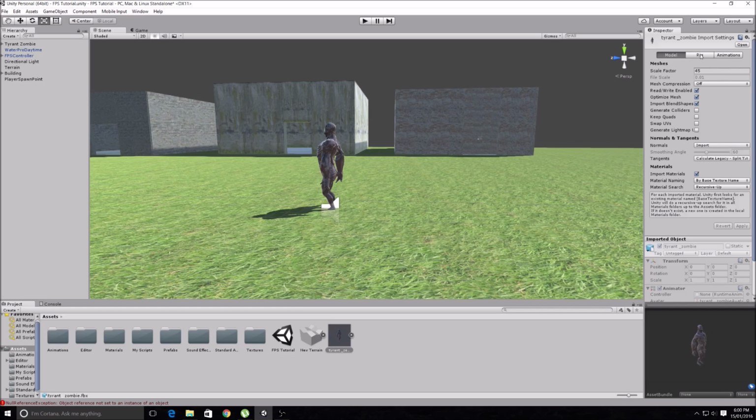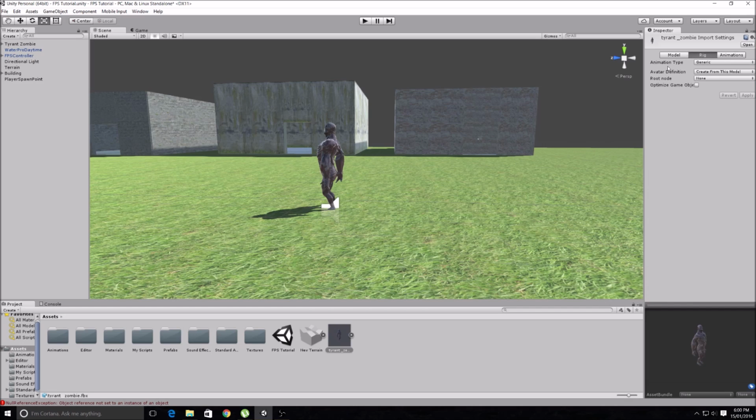I'll just leave this how it is. In your rig, this is pretty important depending on what type of model you have. Basically the only two I've ever used are generic and humanoid. I've got this guy set to generic because a humanoid is